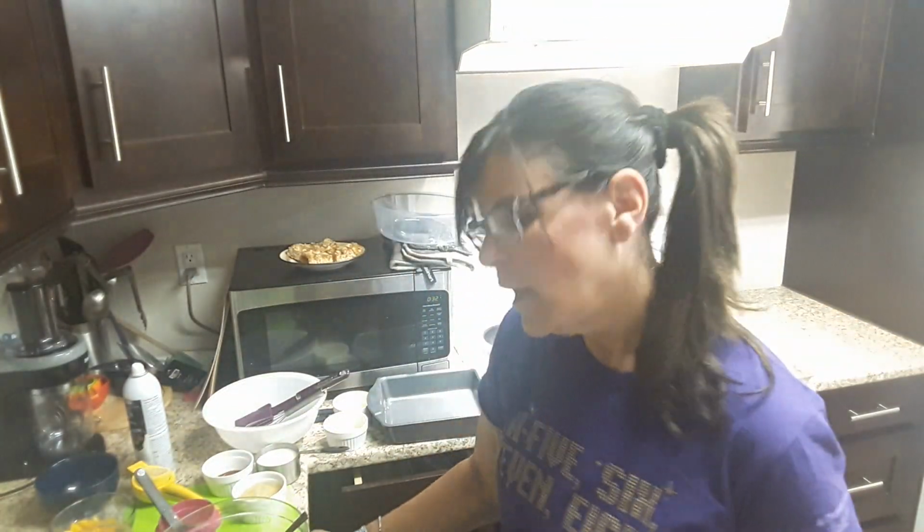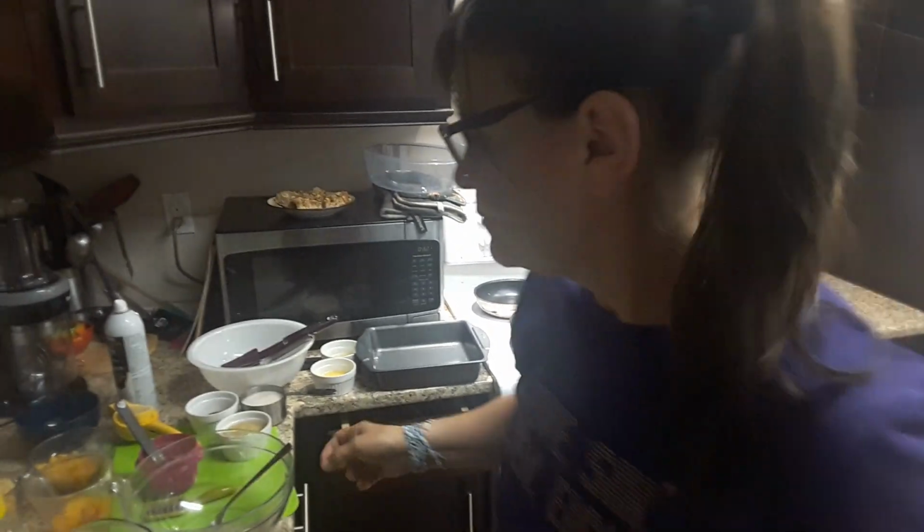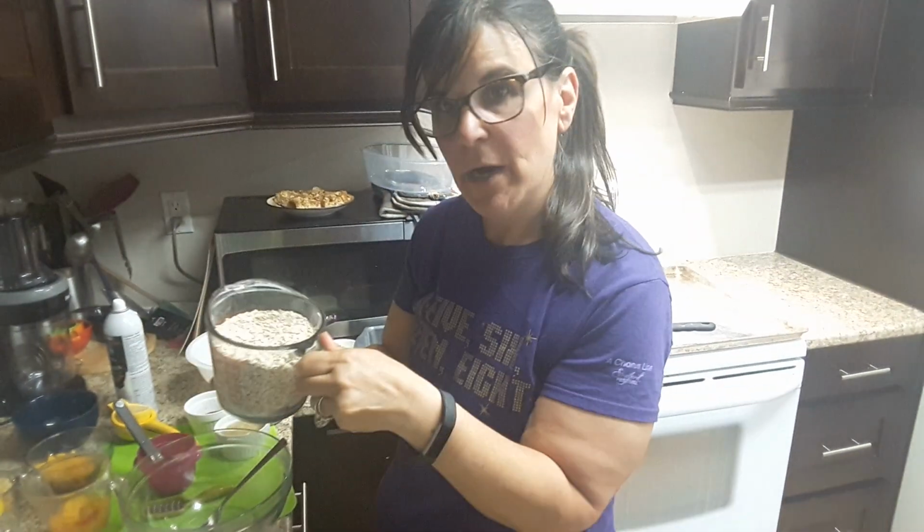So I'm going to do my dry ingredients first. Let's see if you can see. I'm going to just put this down a little bit more so you can see. I think you can see the bowl now. There we go. So my oatmeal,